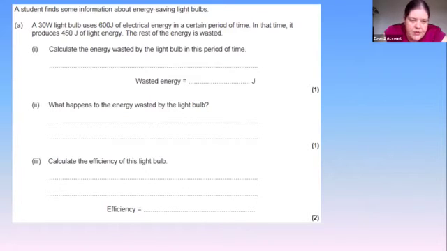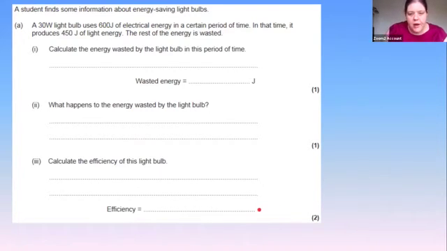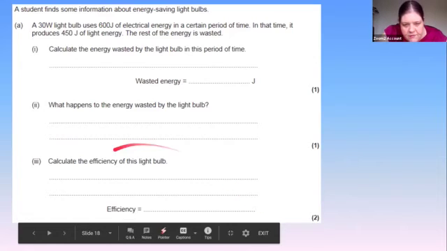And hopefully you can remember the equation for efficiency. So it should be efficiency equals useful over total. So if I go back to my numbers, my useful energy is the 450 of light. My wasted energy is 600. So if I then plug that in, 450 divided by 600 gives me 0.75. If there was a little percentage symbol just over here, what I would then do is times it by 100, which would tell me my light bulb is 75% efficient.